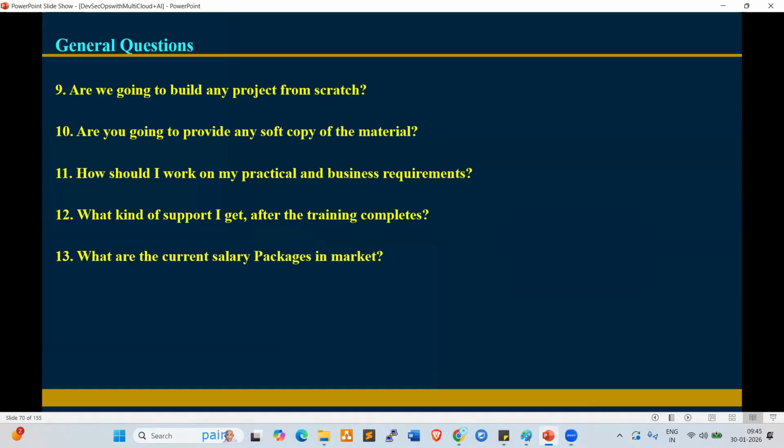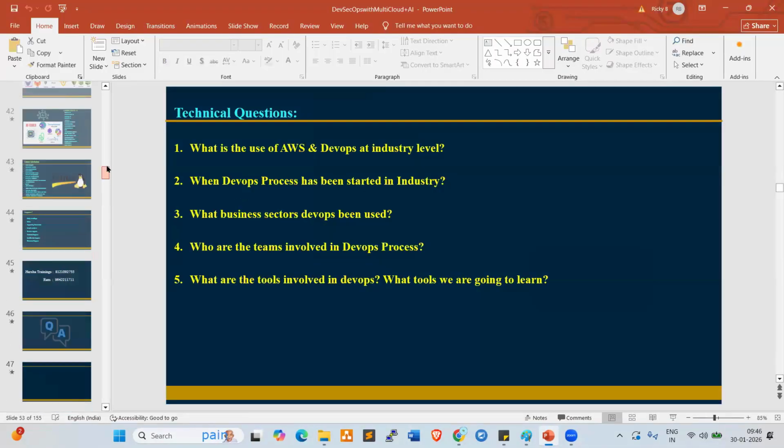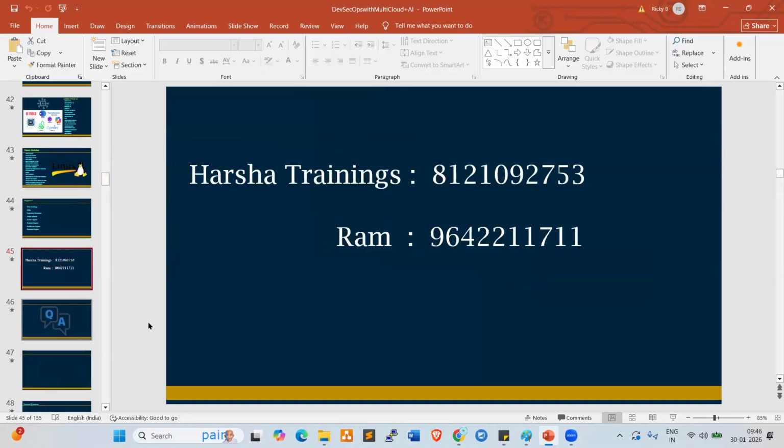Regular sessions start Monday onwards, and more people will join on Monday. Many people have already registered. You can call the institute number or my number. These are the mobile numbers, you can take them down.